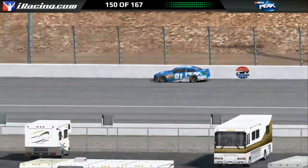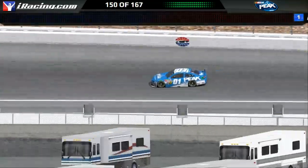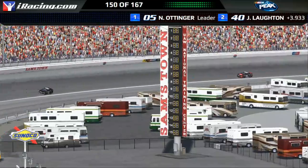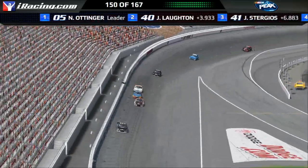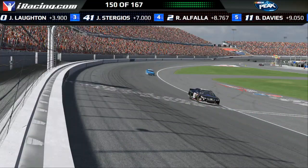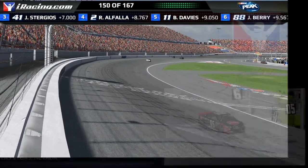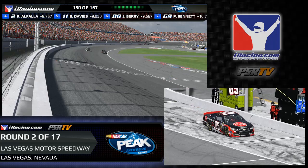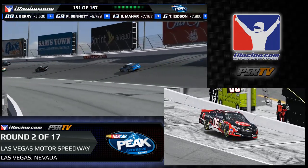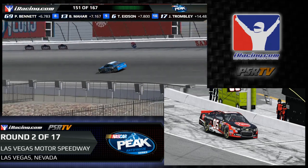So Sturgis and Ottinger about the same pace right now, Tony, as it looks like Lawton maybe a little bit slower than your other 2 of the top 3 cars, so maybe he's conserving a little bit more than the rest of these guys? He could be, Joe, or Tim, that's entirely possible, or it could just be the setup going away. It's really hard to say, but it looks like Lawton is now going to be credited as the leader